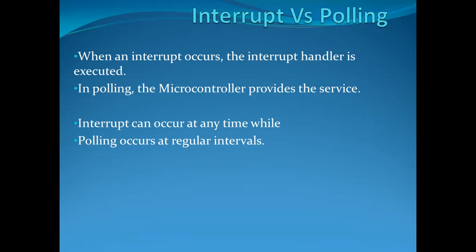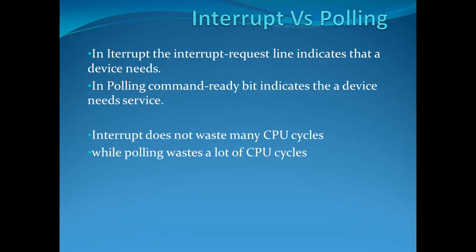An interrupt is raised by the device. It is raised by the process. It is raised by any such devices. But in polling, the processor looks up whether any device needs service. This is the main difference between an interrupt and polling. The interrupt request line indicates that a device needs